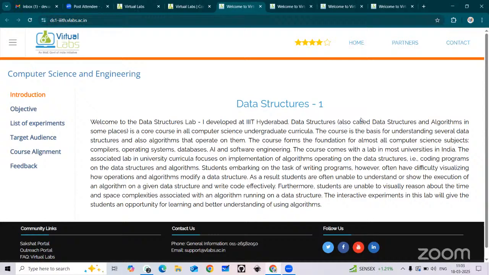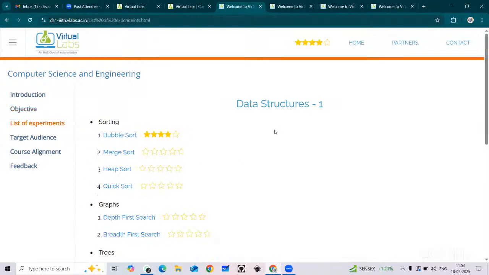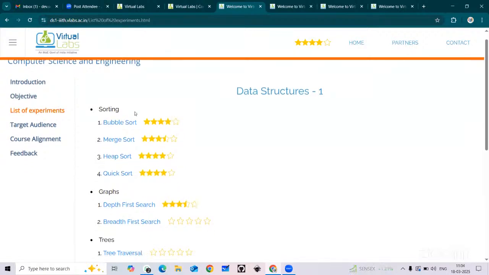So these are covered in this lab, and there is an objective given. It will have animations of data structures, and there will be interactivity added to the algorithms. So this is the objective, and the various topics covered under Data Structures 1 are based on the topics